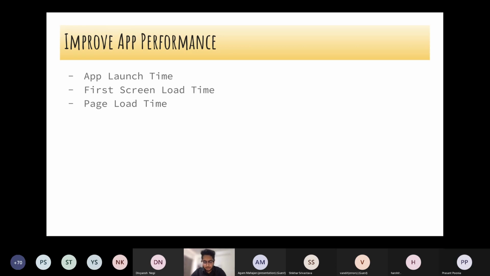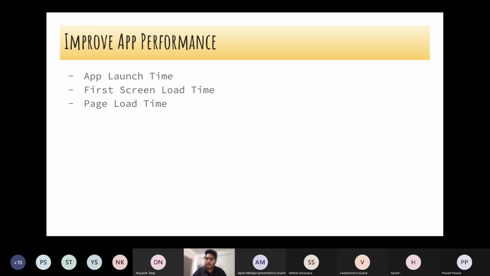First is how many SDKs or third party things you are loading. Then, what calculations are you doing in your app on launch. Or are you doing any blocking things? When I say blocking, are you doing any synchronous tasks in the app launch, which will take a lot of time?